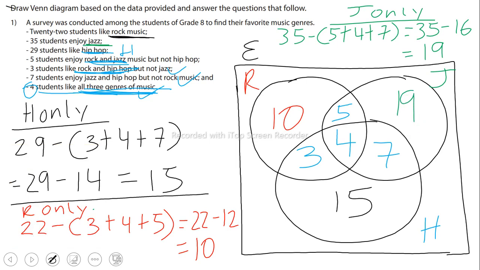Alright, so there we have it. Our full and complete Venn diagram. So now that we have the Venn, by the way, before we start asking the questions, anyone have any questions based on how we got the numbers? Are we comfortable with how we got the numbers for these things? Yes, sir. Alright.